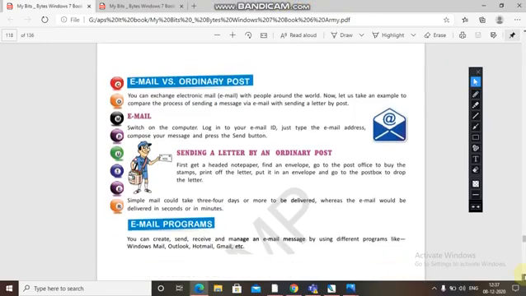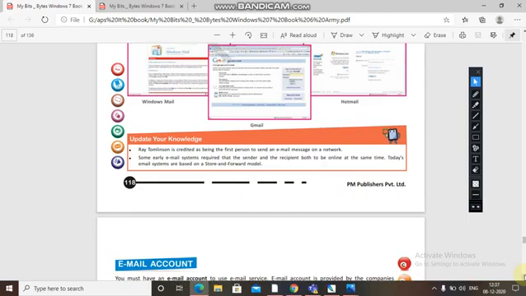Now email programs. If you see different email programs, there are companies who are providing you the email addresses. Email programs are Windows Mail, Gmail, Hotmail. Okay,